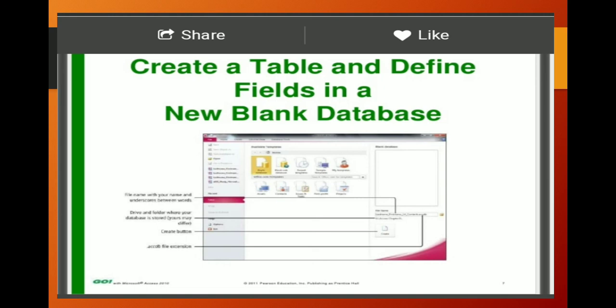Choose a database from the Open dialog box, then click on the Open button. Click on the Create tab and then click on the Table Template button in the Tables group. Select a table template, for example, Contacts. A table named Table 1 is displayed in the window. It contains fields which are relevant to the Contacts database. A new tab, Table Tools, is now visible on the title bar.